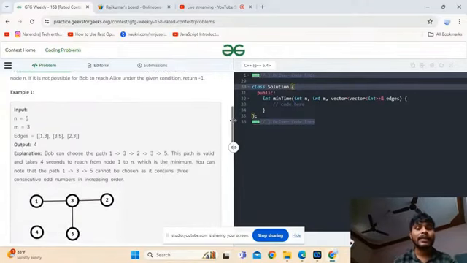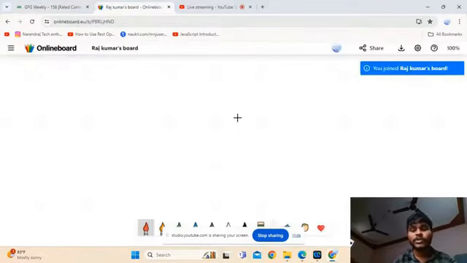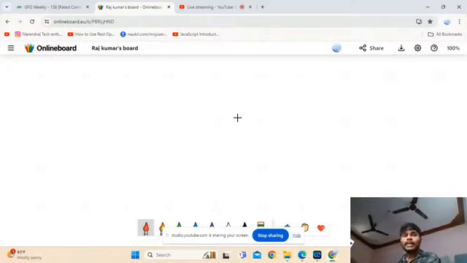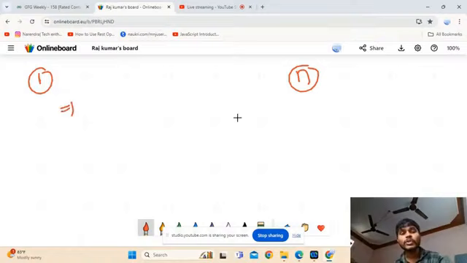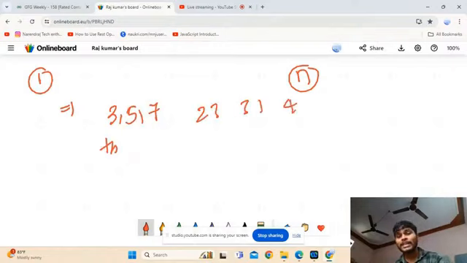Guys, let's take these test cases, and I will explain what the question actually is. Initially Bob is at node 1. He has to reach node n. There is a condition: he is not supposed to go through three consecutive increasing odd numbers, like 3 5 7 or 23 31 49.